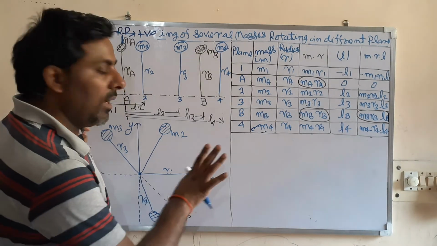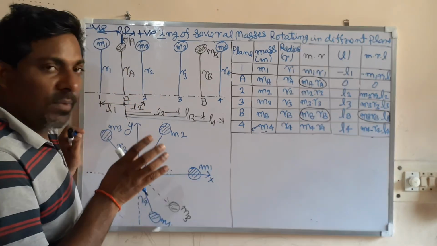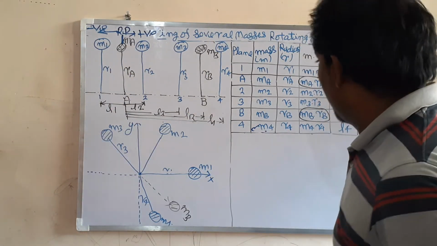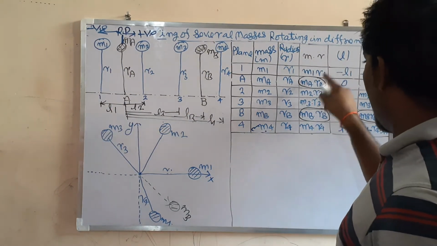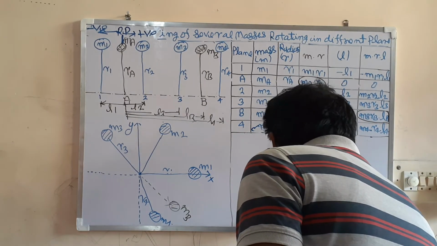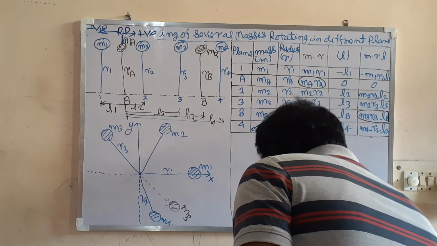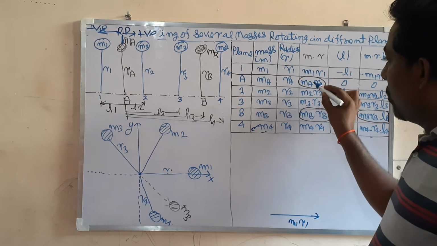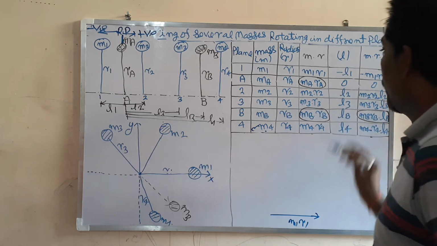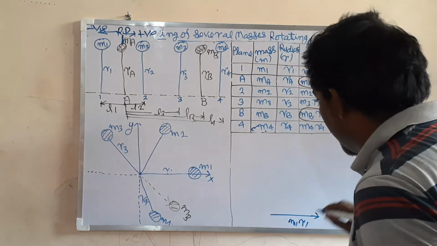Direction will be radially outward. You know that centrifugal force is radially outward. So the direction of the unbalanced force will be radially outward. Okay, let us start. So first one is M1 R1. Its direction will be radially outward, so its direction will be like that. So this is M1 R1. Next one is unknown, so you leave that. You move forward. So next one is M2 R2. Closing side will be MA RA. Direction of M2 R2 will be in this direction.